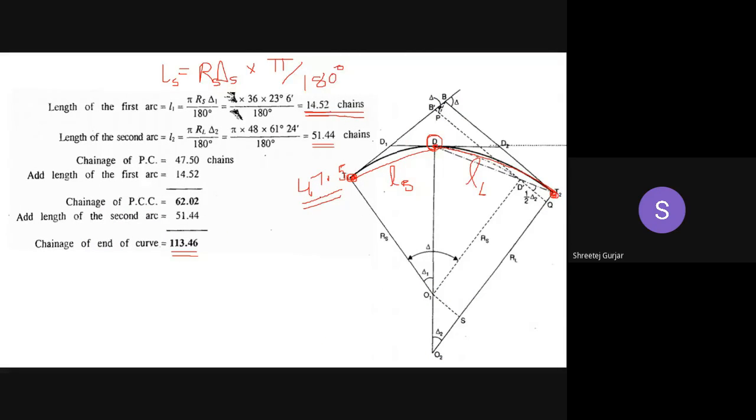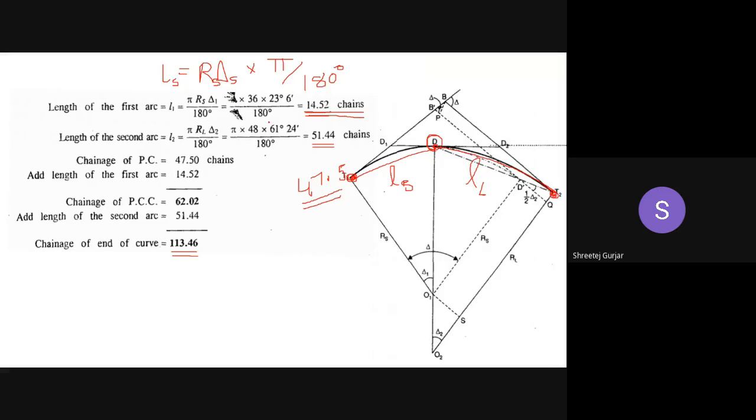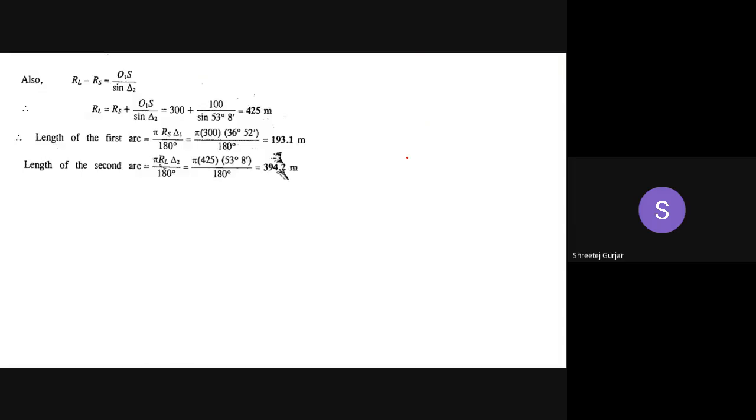Okay, so this is regarding your compound curves. We are done with compound curves, and in the next class we will be starting with reverse curves. So this is one practice problem for you. You can practice at home. I will send this particular numerical to you in your group. It is the same as the third numerical we have done. You can substitute and calculate directly. If you have any doubts in the solution, you can let me know. With this we have finished with compound curves.